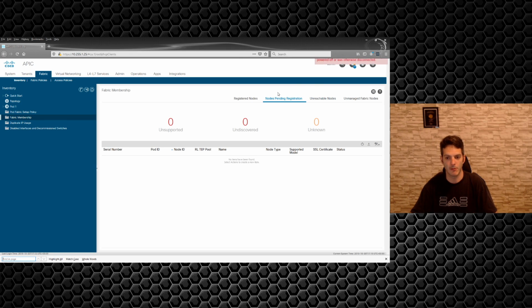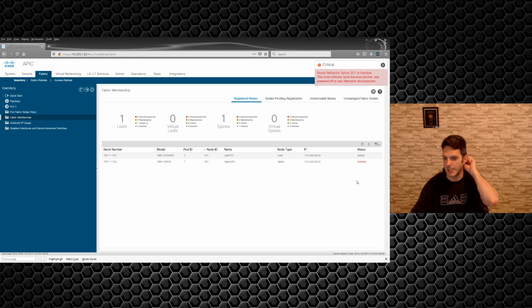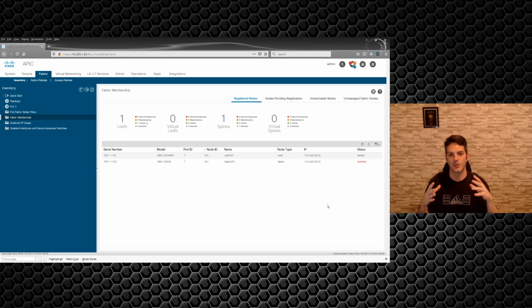That's where we get to here, where we have a registered node, and it's inactive. Right now it's going through its discovery phase. Now one thing that's actually pretty interesting about how all this stuff works, it says route reflector Spine 201 is inactive. So one of the things that's interesting about the way that ACI works is the Leaf to spine physical wiring